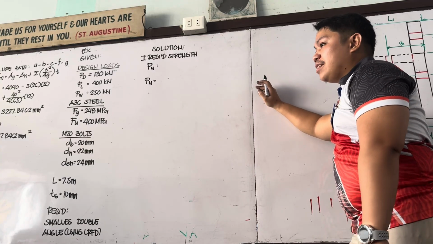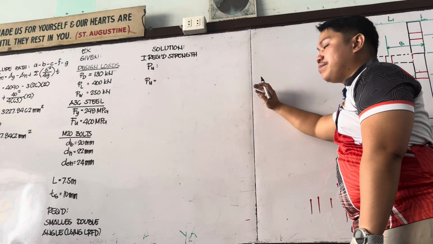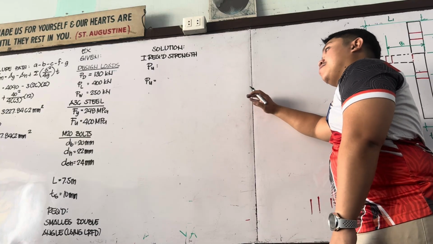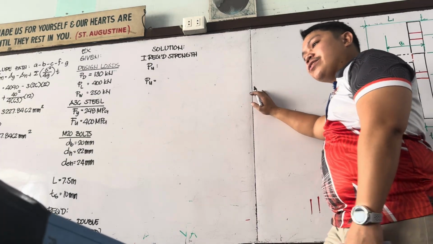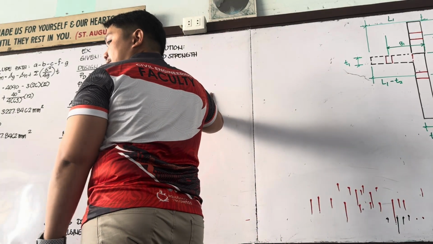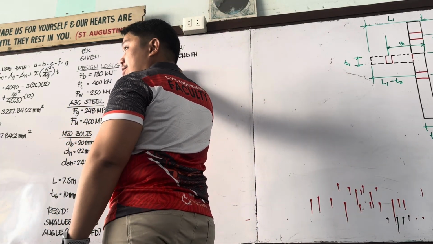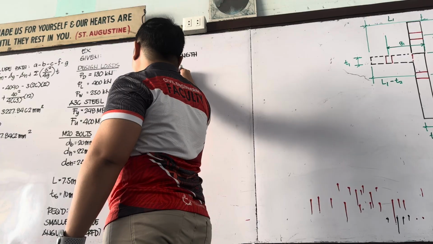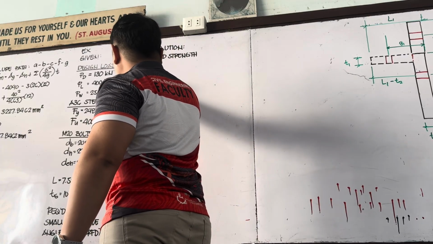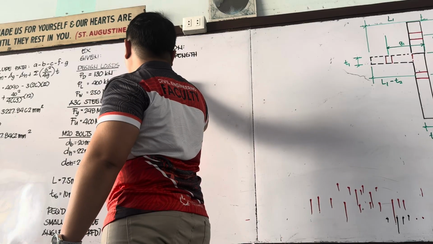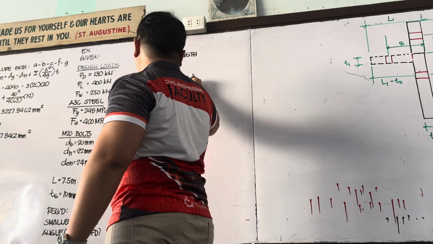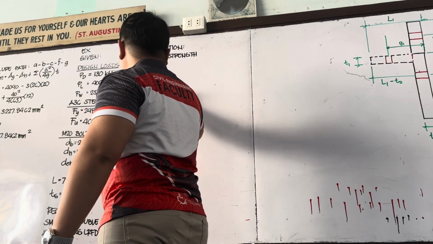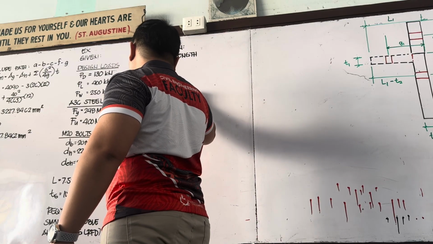Which load combinations can be applied? Since we only have dead load, live load, and wind load, the first is Pu equal to 1.4 P dead. Next, 1.2 P dead plus 1.6 P live. Then again, 1.2 P dead plus